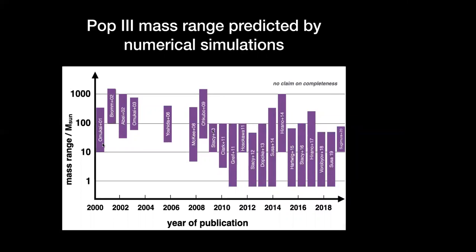Otherwise, we started with something of mass around 10 to 100 solar masses, or even, look at this, more than 1,000 solar masses could be possible for the primordial gas environment. But now we realize that it is possible to have low mass stars. So even when we talk about the IMF, it makes sense that even the primordial IMF, based on the simulation data, can take into account the low mass end as well.